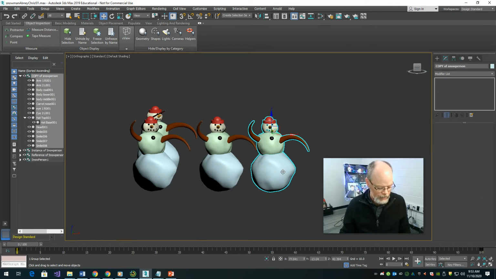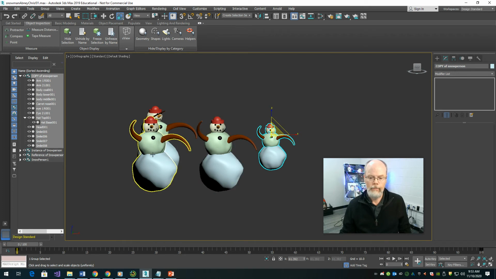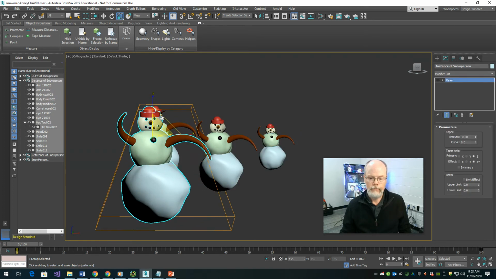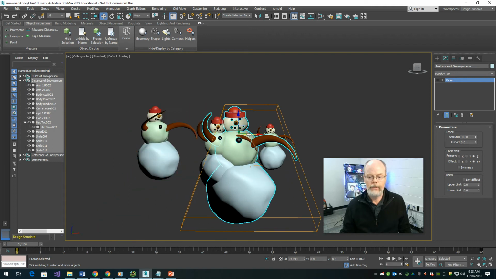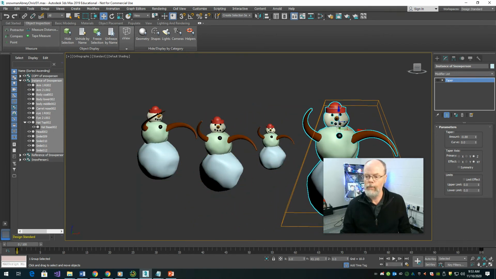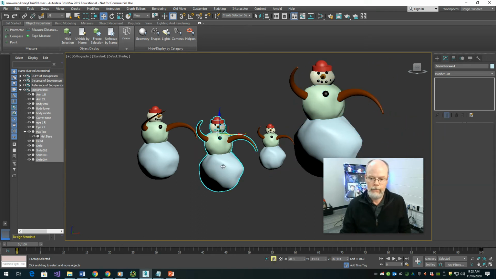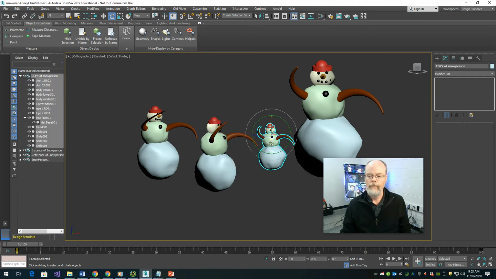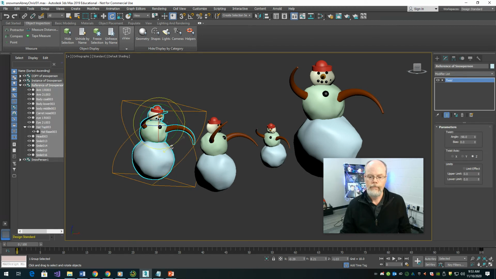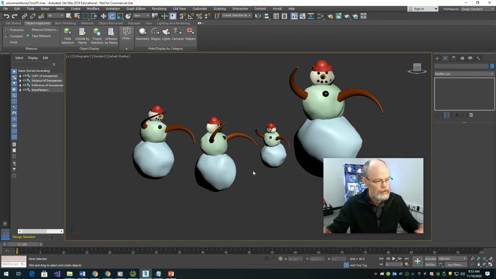I can scale these guys down so I can make it so that there's one that's smaller. I can make one of them bigger. I can rearrange them so that they're in a scene so it looks like I got Daddy Snowman and Mama Snowman and Baby Snowman. So you can create your whole family here. You can rotate them into different positions. So now that you got your SnowPerson set up,